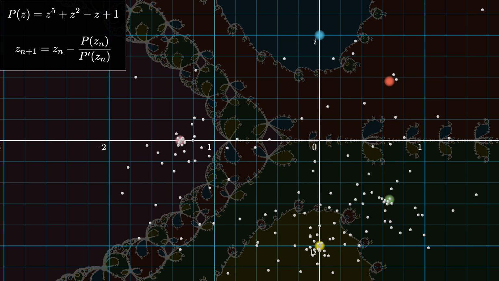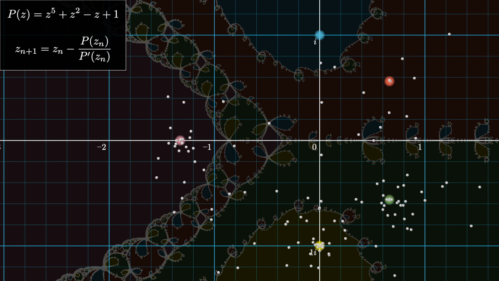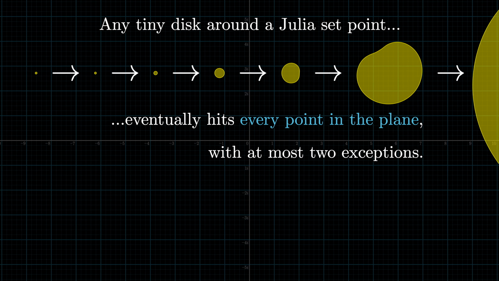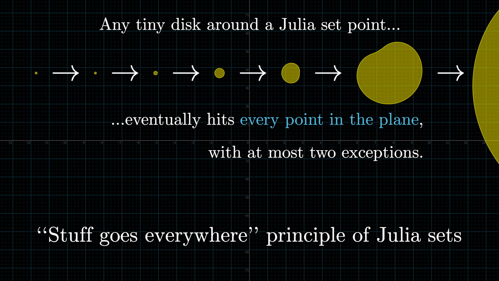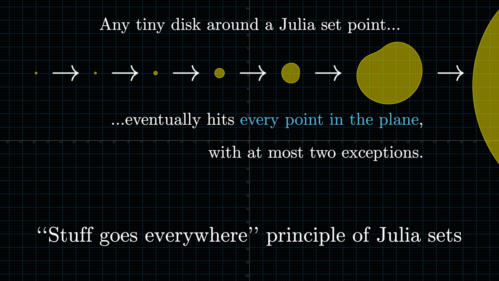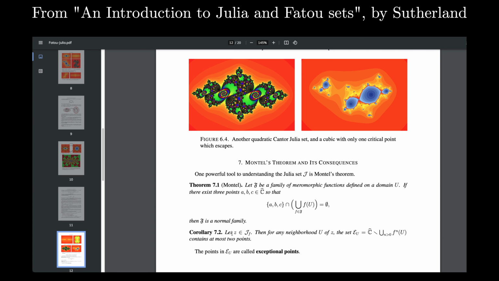Even still, this might not be entirely satisfying because it kicks the can one more step down the road, raising the question of why this stuff goes everywhere principle is true in the first place. Like I mentioned, it comes from something called Montel's theorem, and I'm choosing not to go into the details there, because honestly, it's a lot to cover. The proof I could find ends up leaning on something known as the J function, which is a whole intricate story in its own right.